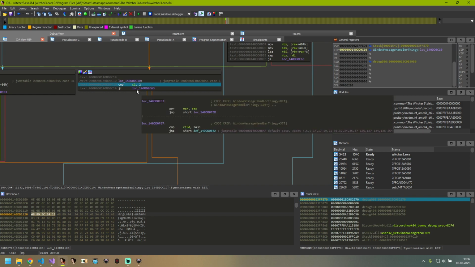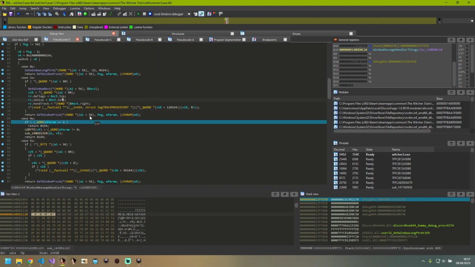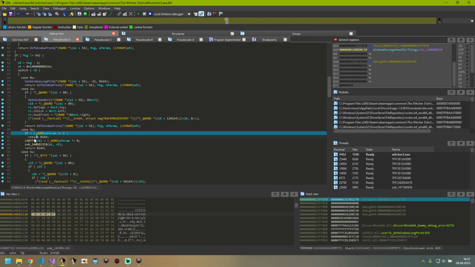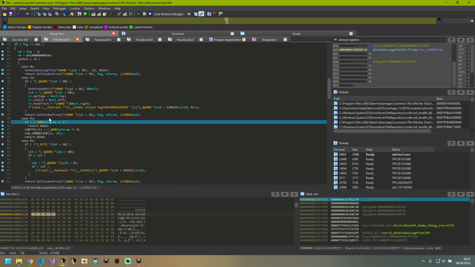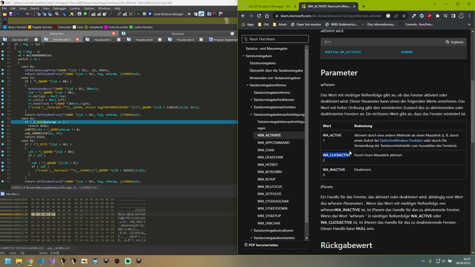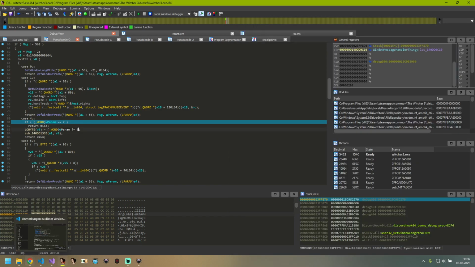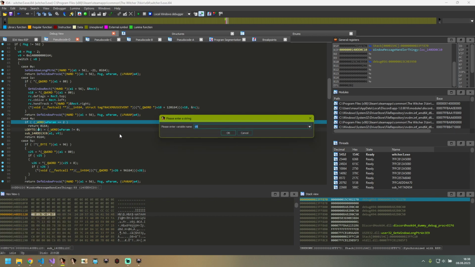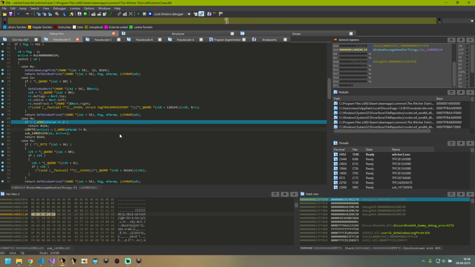It's the case for 6, and then it. No, that's a completely different case. Yeah, it does -2. Okay. So it checks if it's 2. And 2 means it's activated by mouse click. And then here it checks if it's not 0. So that means active. And then